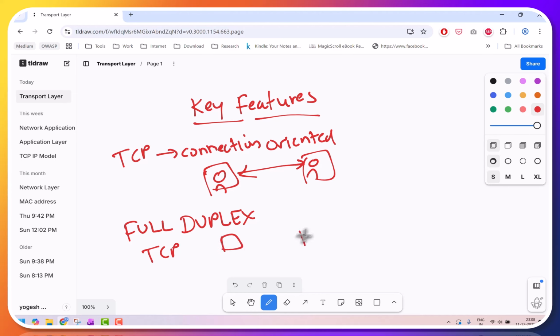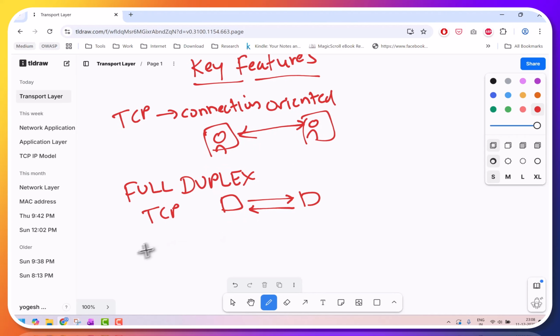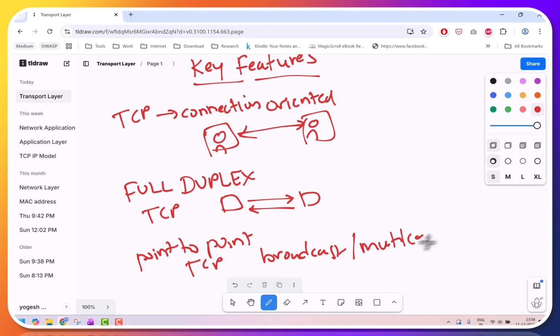So if we have two hosts, one can send to the other and the other can send to the first. So to and fro communication is possible in the transport layer. Another key feature of the transport layer is point to point connection. We have seen, right? It is one to one communication. It doesn't allow you to broadcast. So broadcasting and multicasting, meaning you cannot send to all, is not possible in TCP.